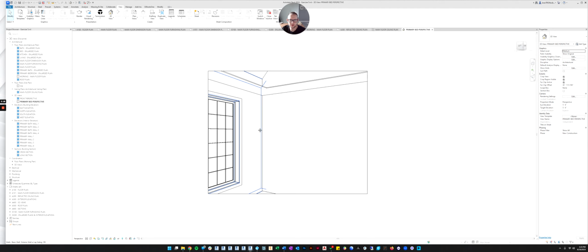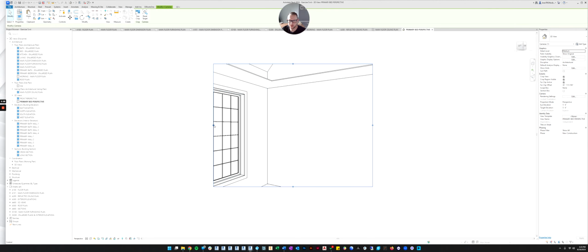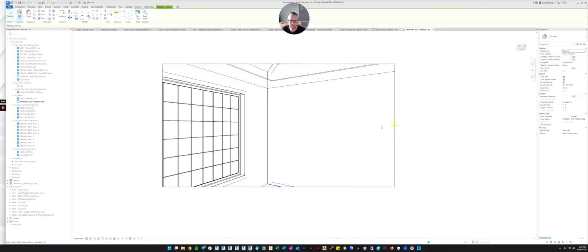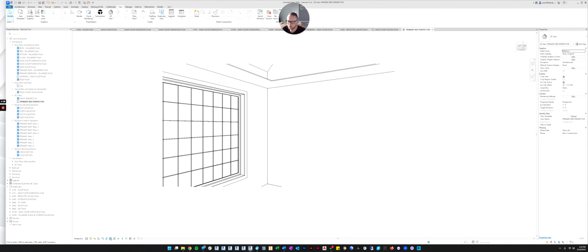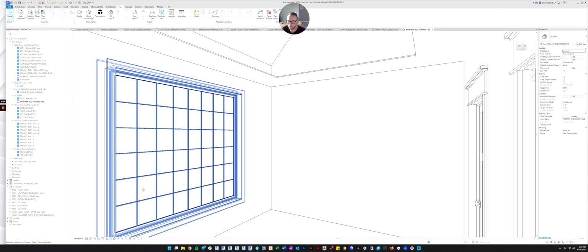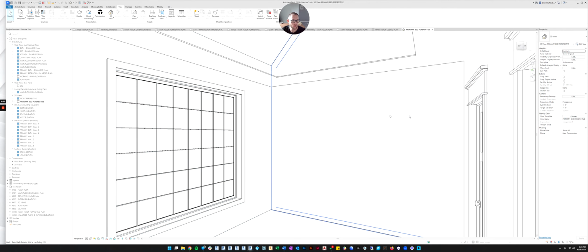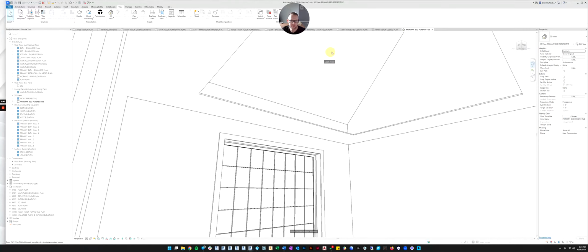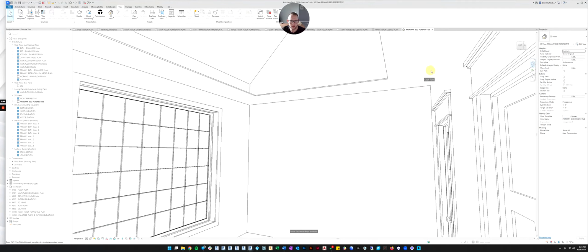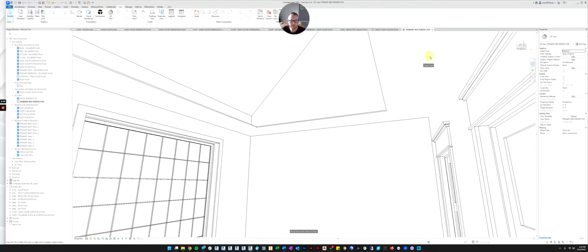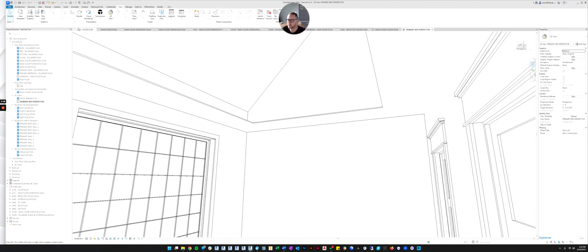There we go. So now we're looking, and let's drag this a little bit more. In fact, what you can do is just turn off the crop. Just don't crop the view, and then you can see the whole thing. If you want to, come over here and click on the view wheel, click the look button, and then you can look around. But see how you can see we cut a hole in the ceiling? Well, let's go back to our ceiling plan.